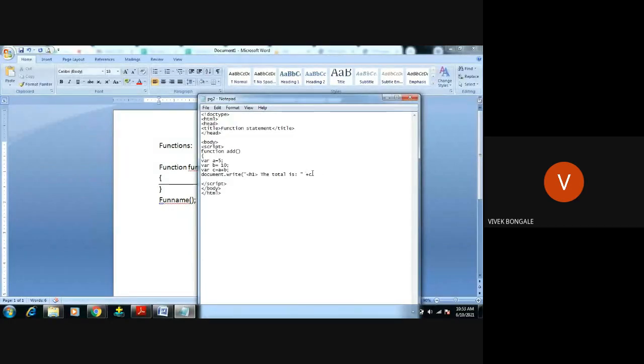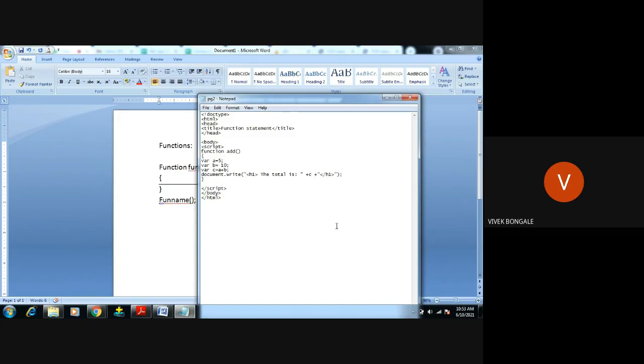The total is the value of c, which is 15. Then close the h1, that is the HTML tag.